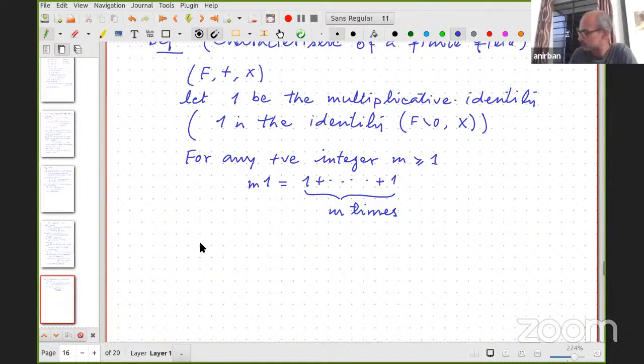And so if you look at all these, m1 with m greater than or equal to 0. Okay, so we also define 0 times 1 to be 0, the additive identity. This 0 is the integer, this 0 is the additive identity. So if you consider all of this,